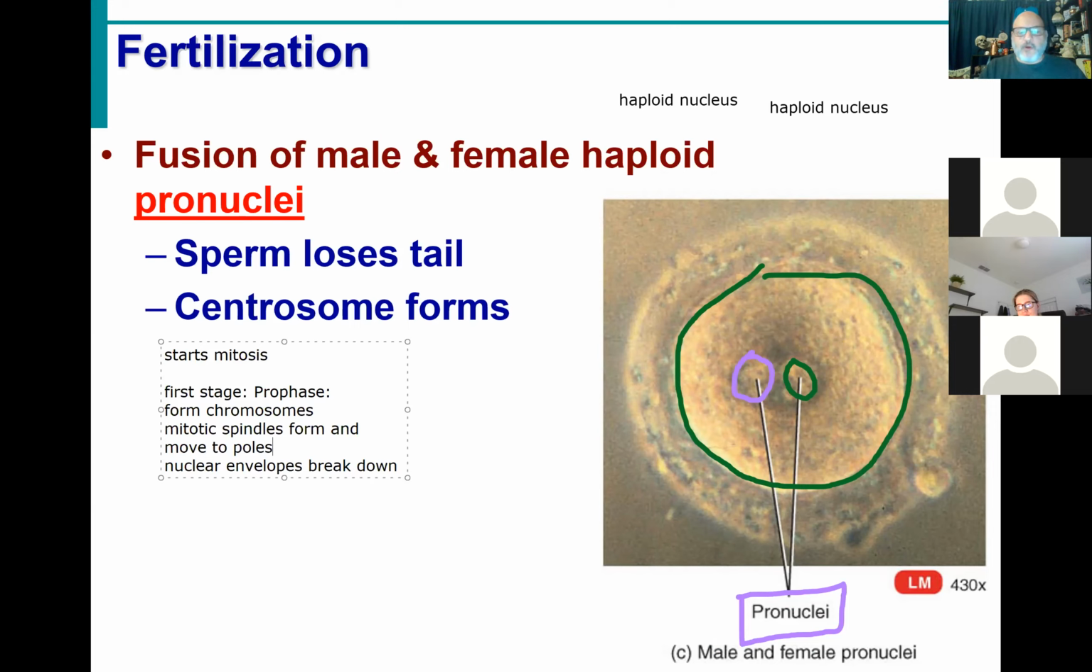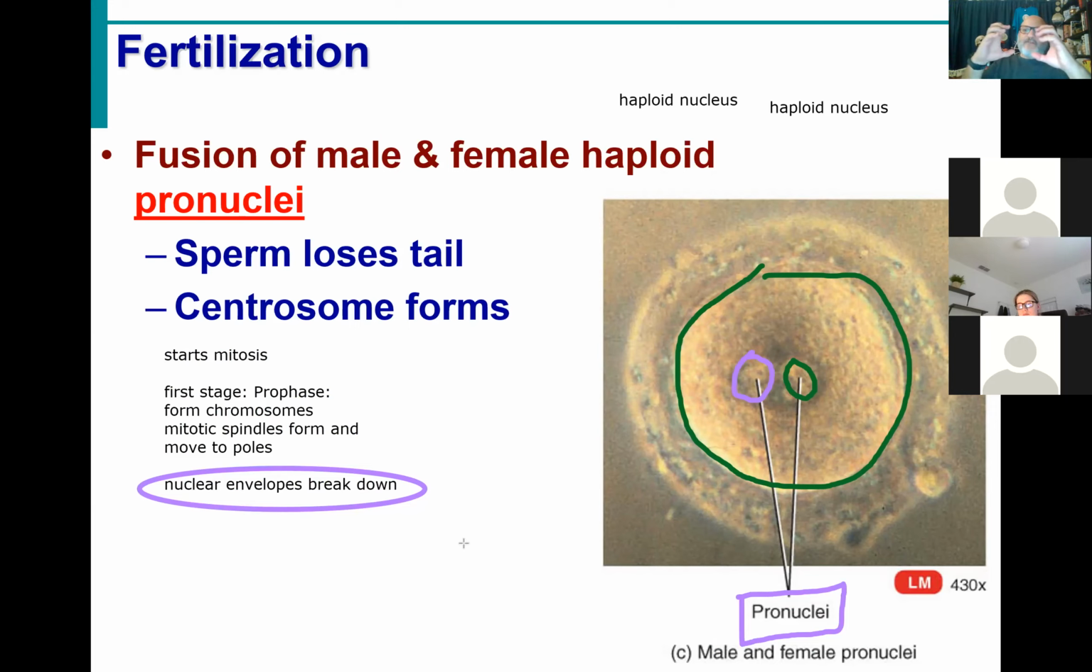So absolutely, our chromatin folds up into chromosomes, our mitotic spindles form, and they're moving to the poles. But the big deal for us right here is that third step. The nuclear envelopes start to break down. As the nuclear envelopes start to break down, we no longer have two pronuclei. We now just have this cluster of chromosomes floating around together. And once those nuclear envelopes break down and all the chromosomes come together,